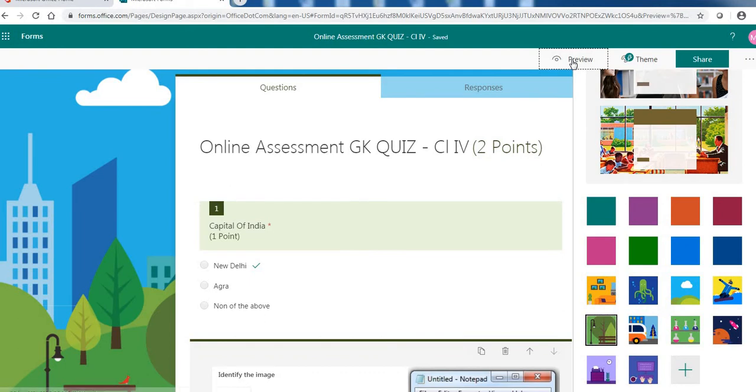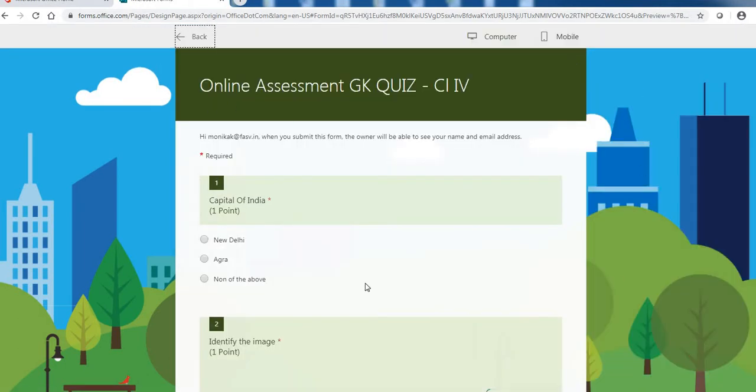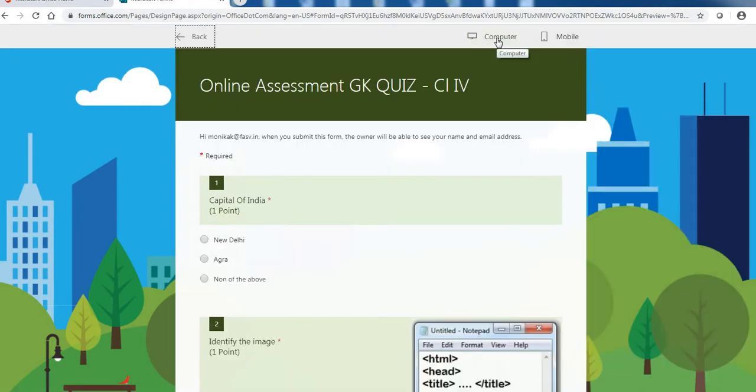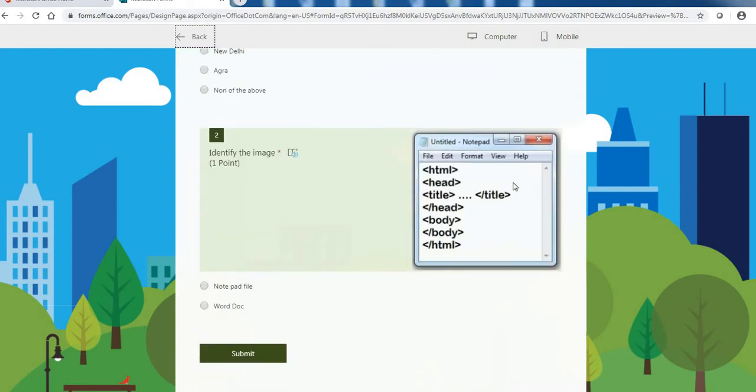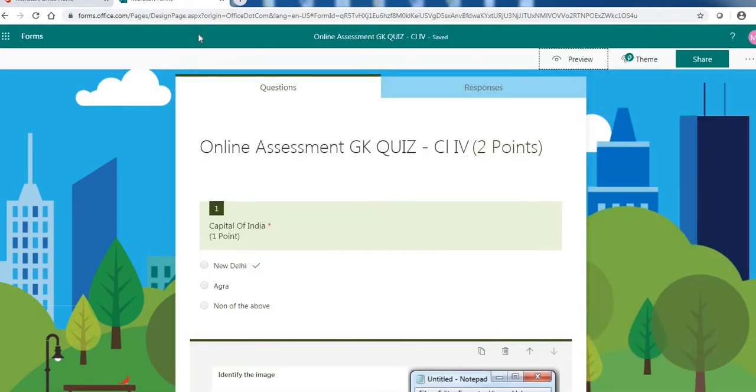Now here is the preview. It will appear like this to you. On computer and mobile we can check out the preview. The question will appear like this. In front of this, marks are given, so the student needs to select one of these, and out here again the image is shown and the student needs to click any one of these and click on the Submit button. Fine. Now this is done. Form creation is done. The next question is how am I going to assign it to my teams, or how I'm going to share it with my co-teachers.